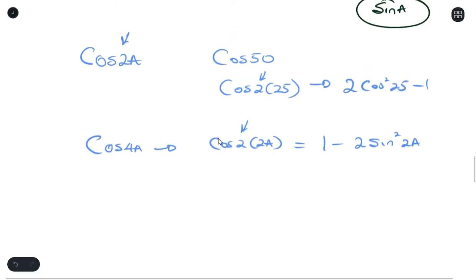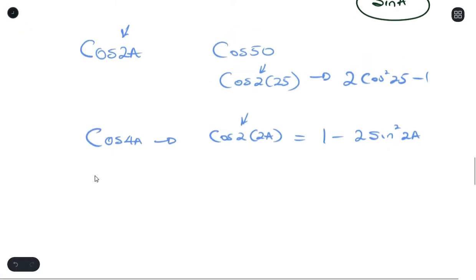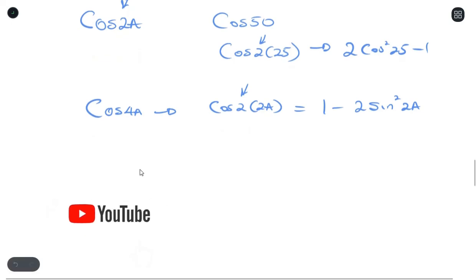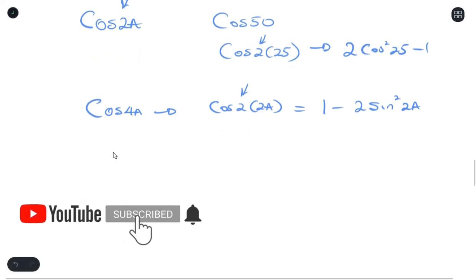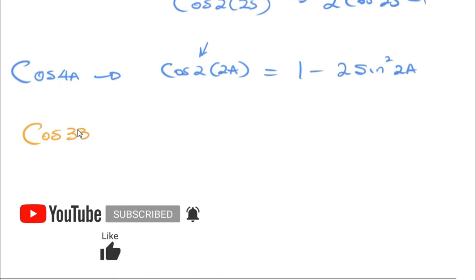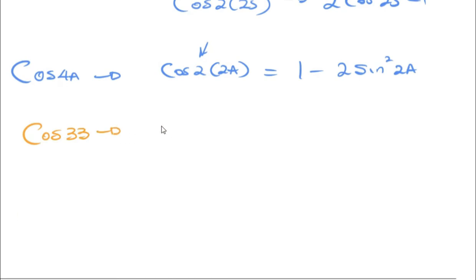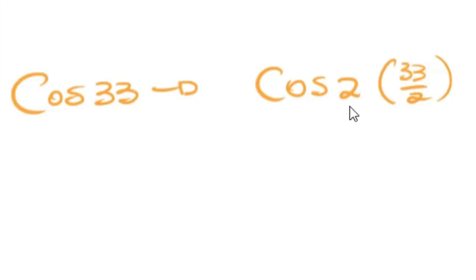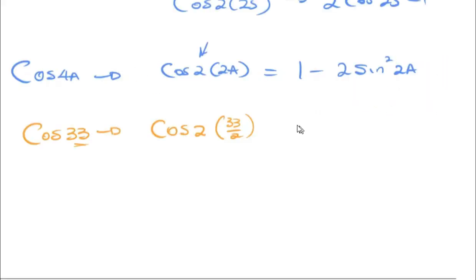Now, there are rare cases whereby it would not be an even number, but you could also use double identity. So you have maybe a number like this. Now this can be rewritten as, because if you think about it, 2 times 33 over 2 also gives you 33, and the answer would be,